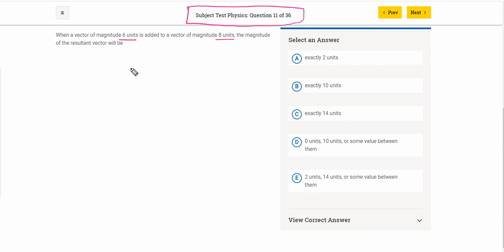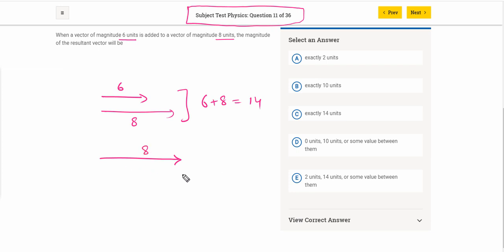So over here we have only been given the magnitude of the vectors, but we have not been given their direction. So let's suppose both of them are in the same direction, this is 6 units, this is 8 units, so the resultant will become equal to 6 plus 8, that would be equal to 14. But if they are in the opposite direction, let's suppose this is 8 towards right and this is 6 towards left, their resultant will become equal to 8 minus 6, that will be equal to